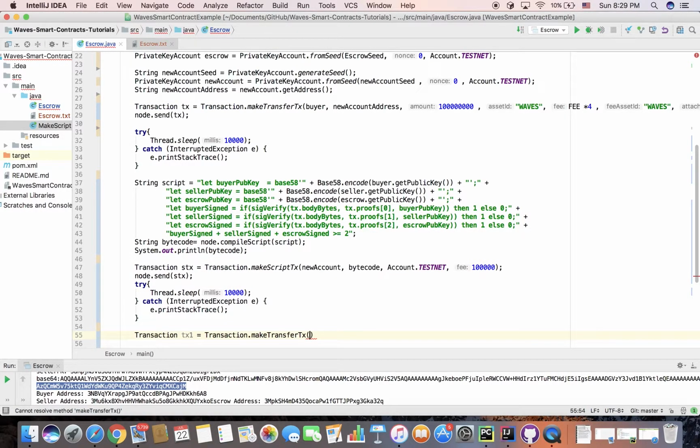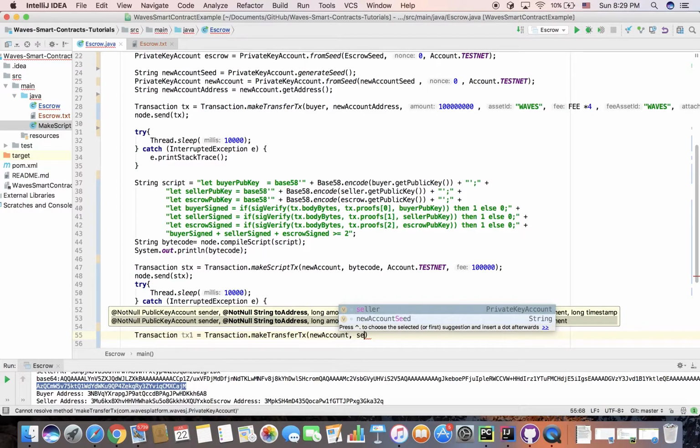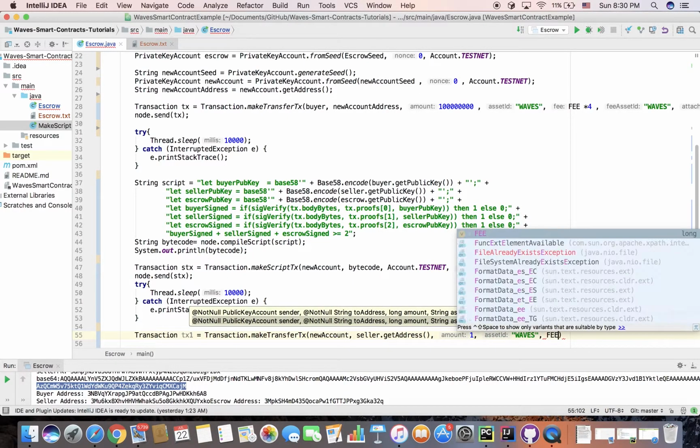So we make a transfer from the new account to the seller address, and what else do we need here? The amount, fees,